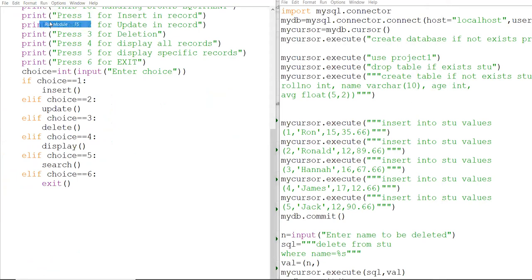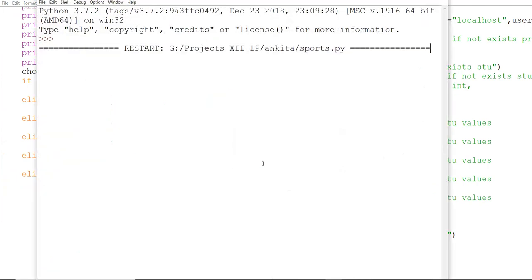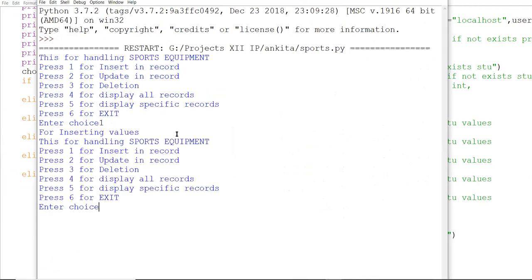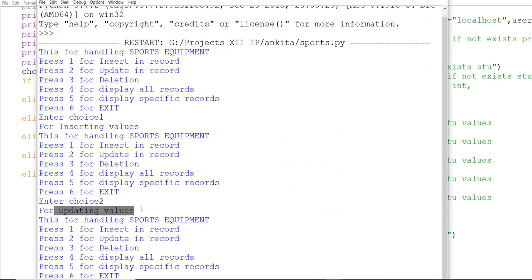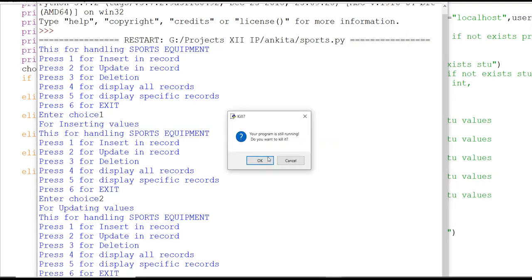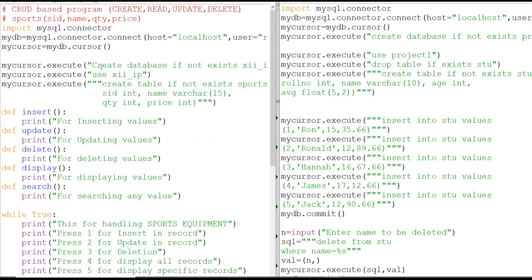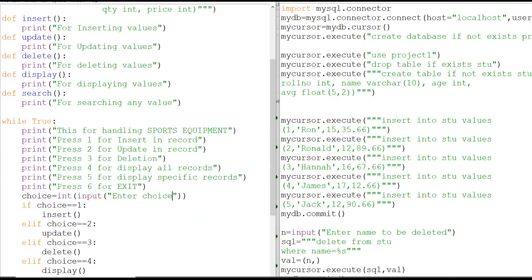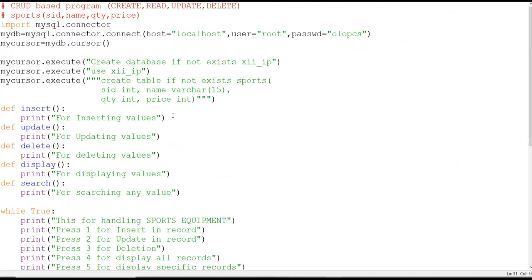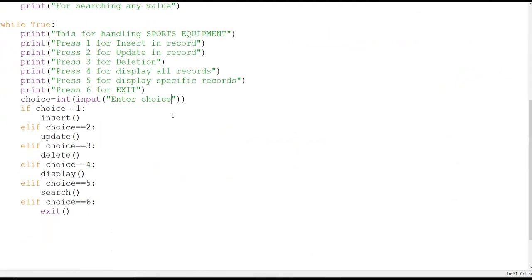Now if I give the choice 1, see, it has called the function, but we have not defined what we have to do in that. Similarly, if the choice is 2 for updating the values, and because it is menu driven, it is again and again continuously showing us the menu. Fine. So it is working perfectly. Now this is how you are going to make your function. I hope this is clear, how you are going to make a function.